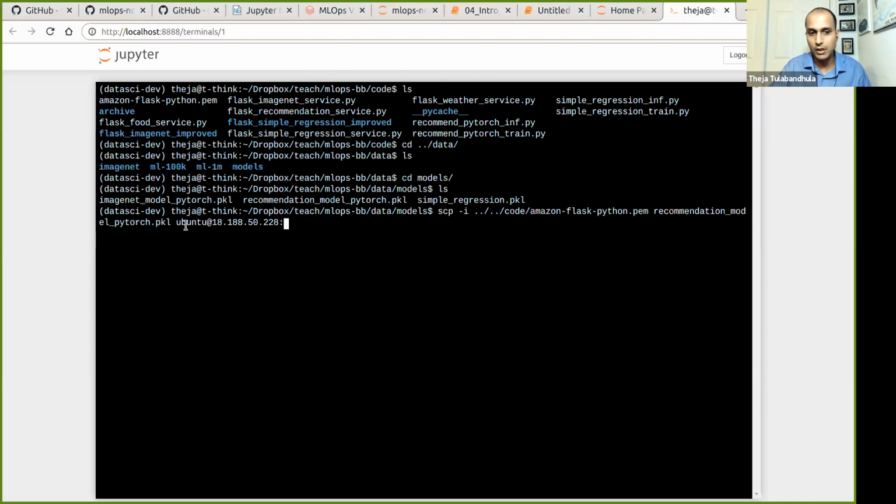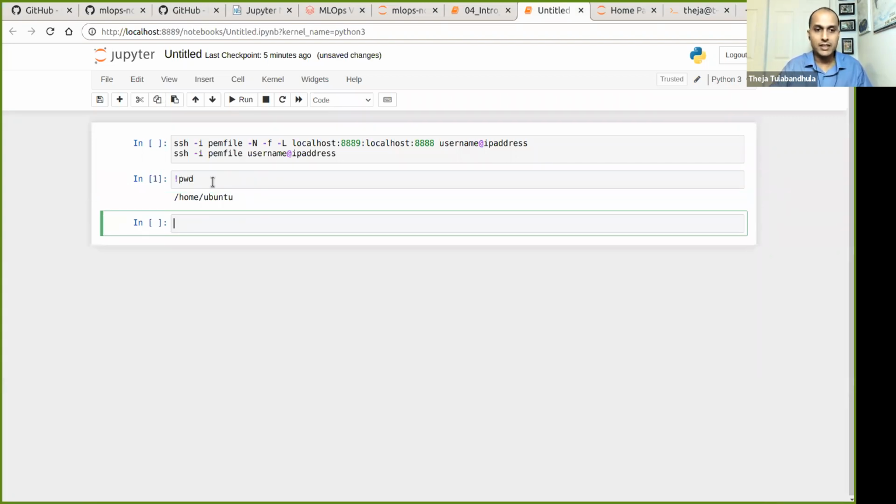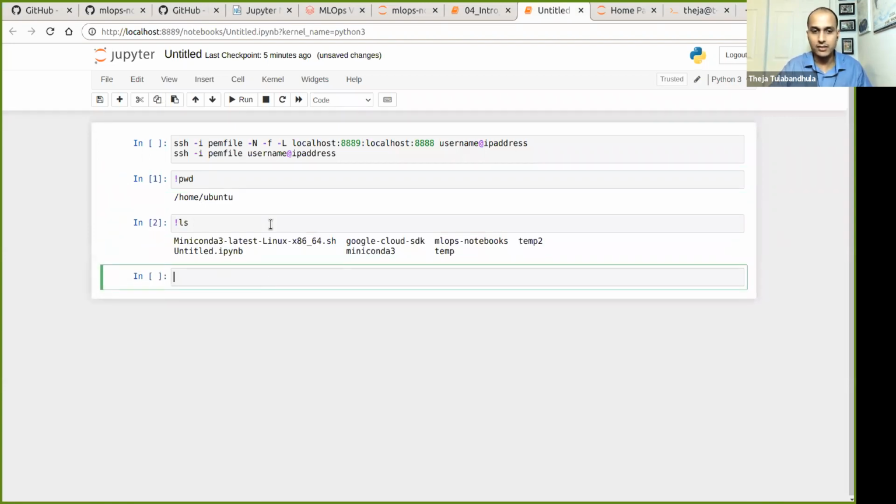So let's say I want to push it to Ubuntu, wherever my IP address is, and the colon means the home directory. Okay, so currently, let me go back here and check: what is my current directory? It's my home directory, right? This is my username, and this is my home directory. So if I do ls, I have some stuff. This was the installer file that I had like 2 weeks ago, and some extra stuff. Let's not worry about that.